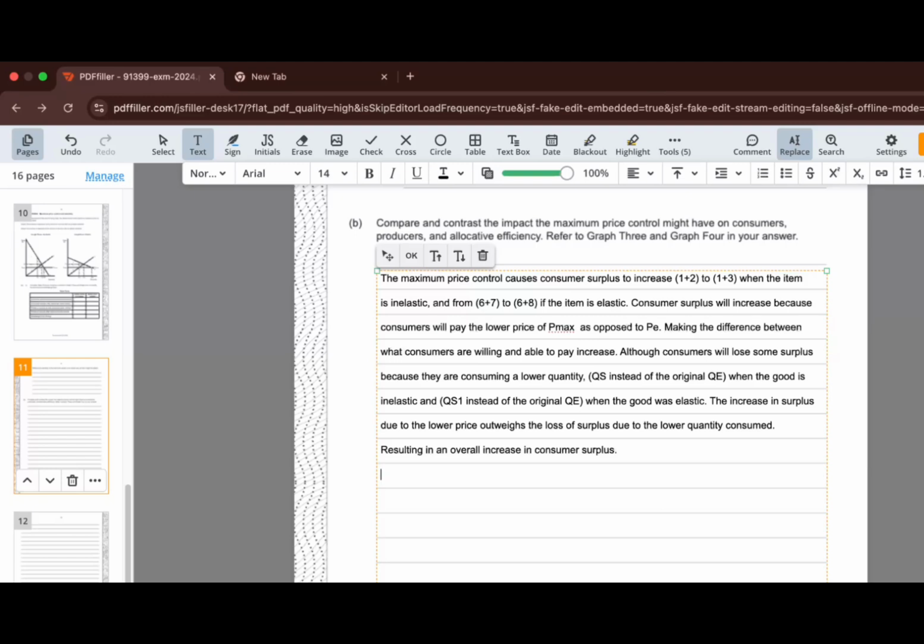Alrighty, now guys, that's kind of what they're looking for, our entry level stuff. I know that seems pretty wordy, and it's kind of just a formulaic answer that it's quite good to try and memorize. So giving the graphs, talking about each side of consumer surplus, the quantity demanded and the price. And now we'll say that the increase in consumer surplus for an elastic item is going to be bigger, like we said when we were doing the graph. So the increase in consumer surplus is more when the item is elastic, okay, rather than inelastic,